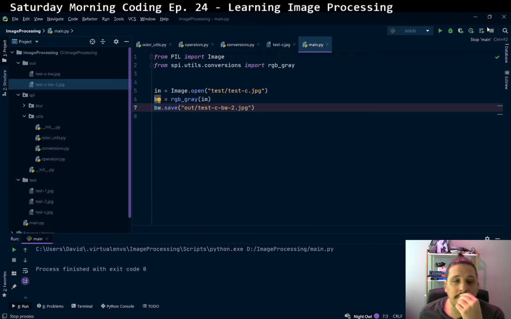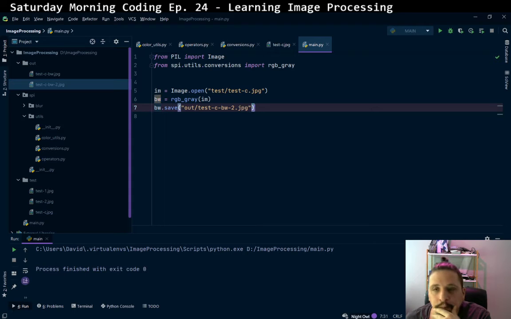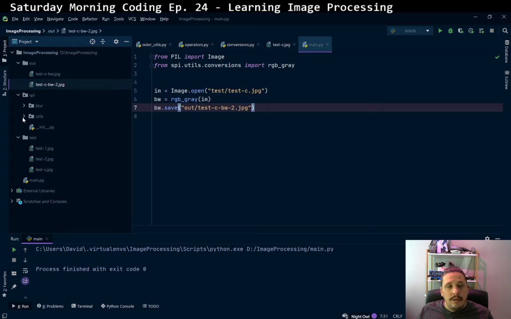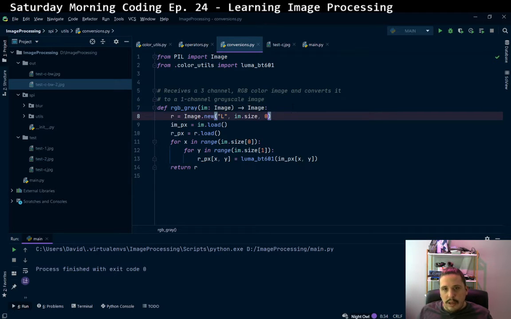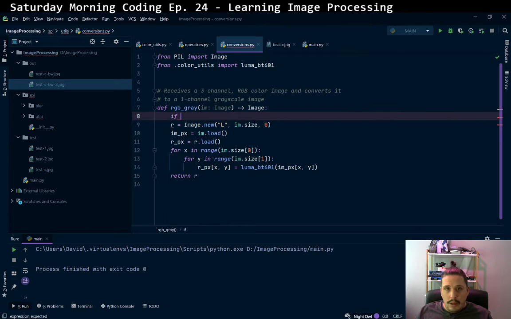So now the next thing that we can do to improve this image library is to start to add operations to it. So now we have gray images, and of course, here in conversions we still need to check if image.mode